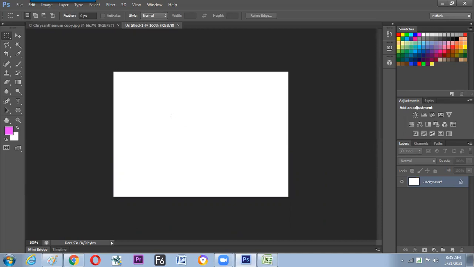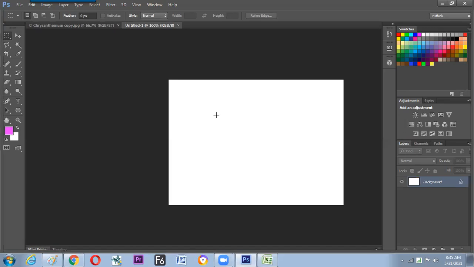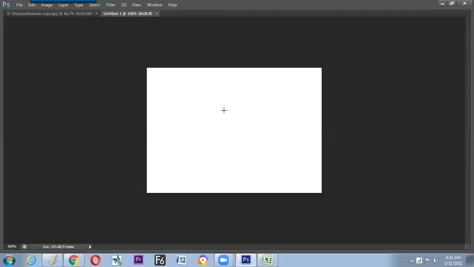Before, we got to know how to hide the toolbar. And we got to know how to make it full screen by pressing F. Again F. Now Control plus, zoom in. Hold the space bar, come to the top. So now your screen is a very complete professional screen.